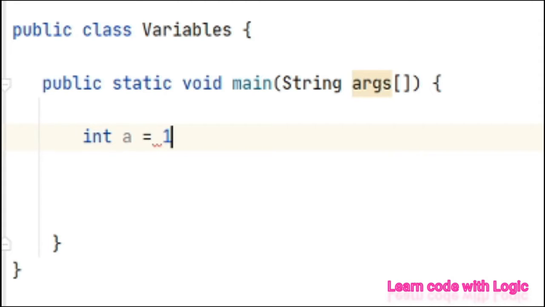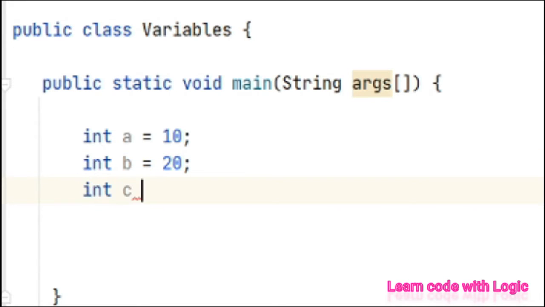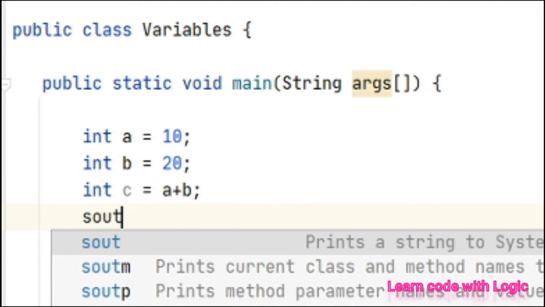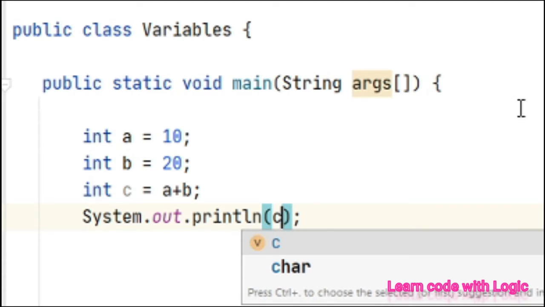int a equal to 10, int b equal to, suppose, 20, int c equal to a plus b. Let's print it. System.out.println(c).